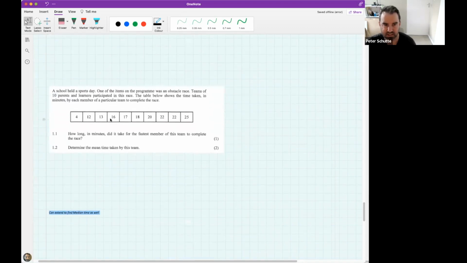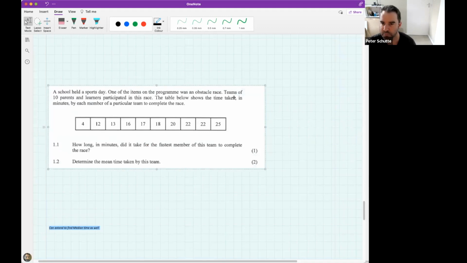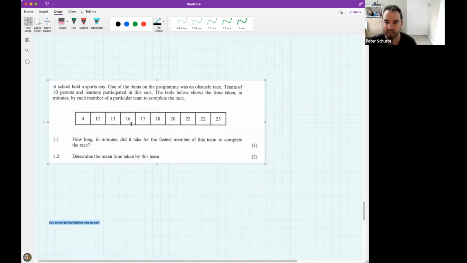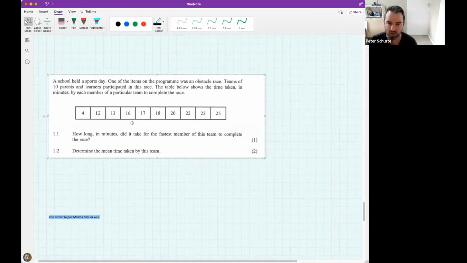So it says here, a school held a sports day. One of the items on the program was an obstacle race. Teams of 10 parents and learners participated. The table below shows the time taken in minutes by each member of a particular team to complete the race. So question 1, how long did it take for the fastest member of this team to complete the race? And then determine the mean time taken by